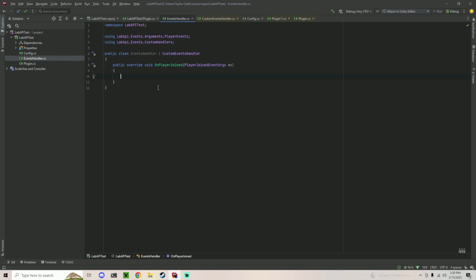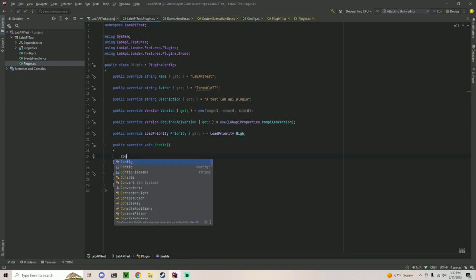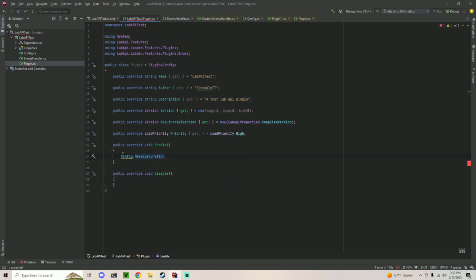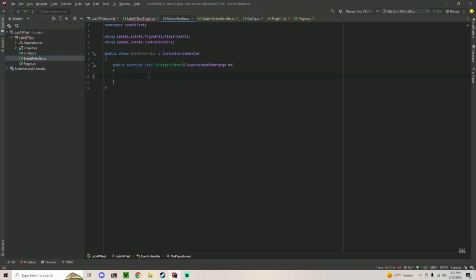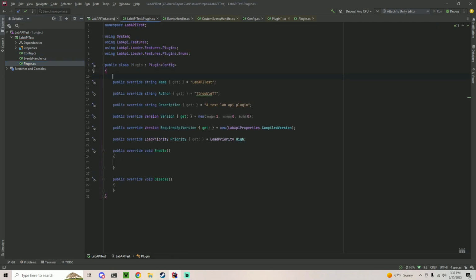So first, we need to actually be able to access our config values. Now, if we're in this method, you can just do config dot, and then you can access them, because config is a value that you can get from this class. Outside of this, though, you can't just access your config, and you have to use your config value in the actual event. So what we'll do instead is we will make